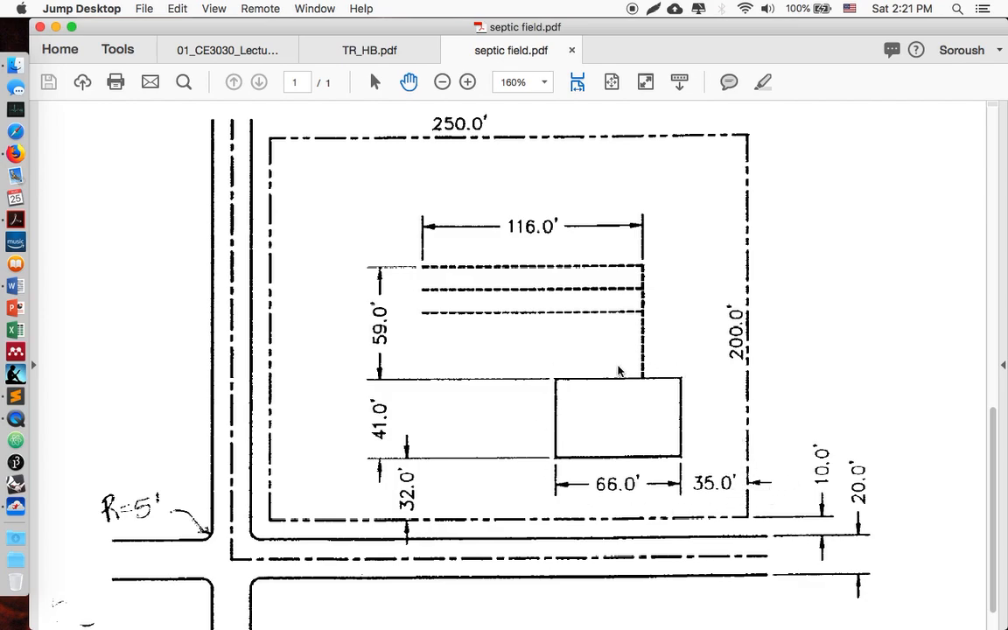Now let's just start the last piece here, which is basically the buildings and the septic fields. Based on